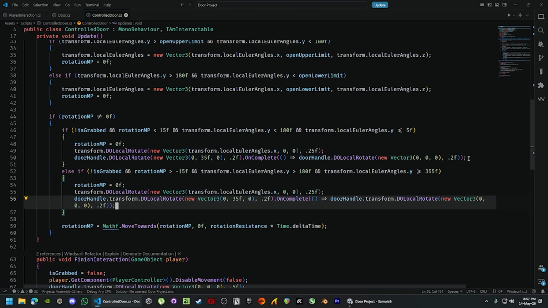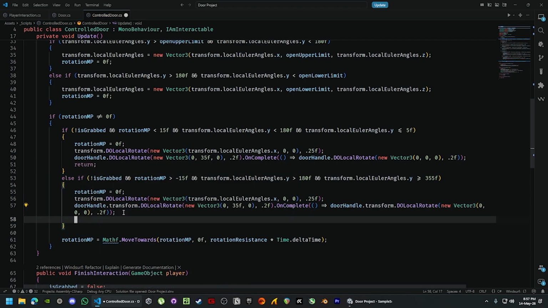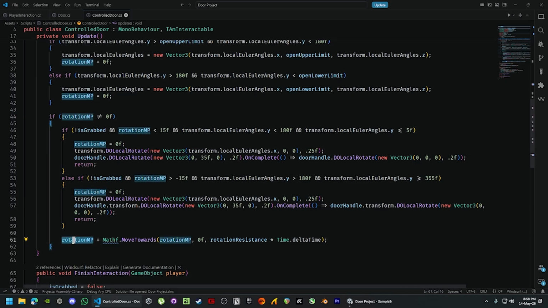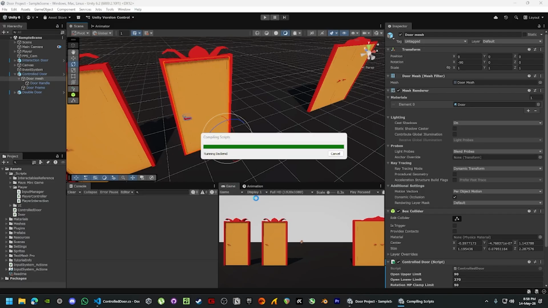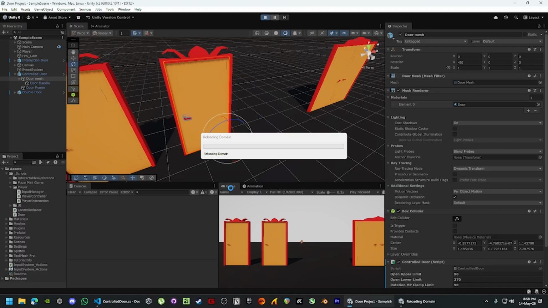What we also need to do here is return from this condition, because we don't want the rotation to be affected this frame, because the rotation multiplier is already 0 and we don't want to change this value now. So back here, when I play the scene,